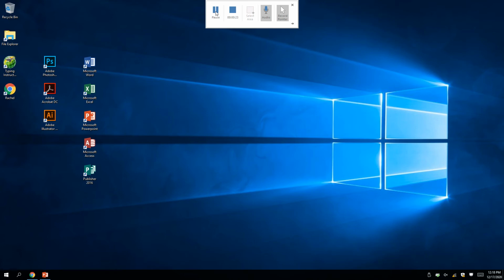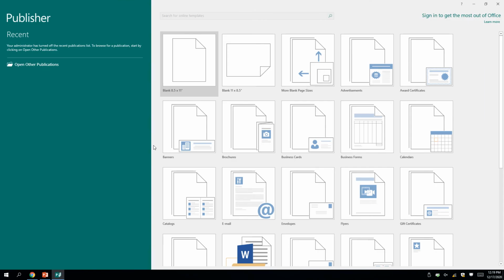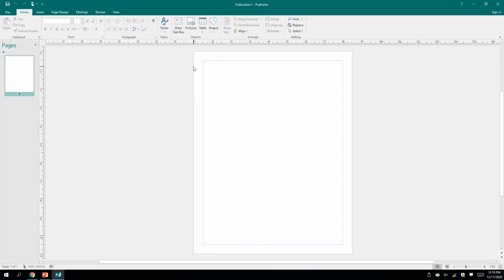followed by some instructions. Before we begin, of course, we need to open up Microsoft Publisher before any project, so to do that, we just go ahead and hover our mouse over the Publisher icon and double click with the left mouse key twice. In this case, we just need a blank 8.5 by 11 to go ahead and get